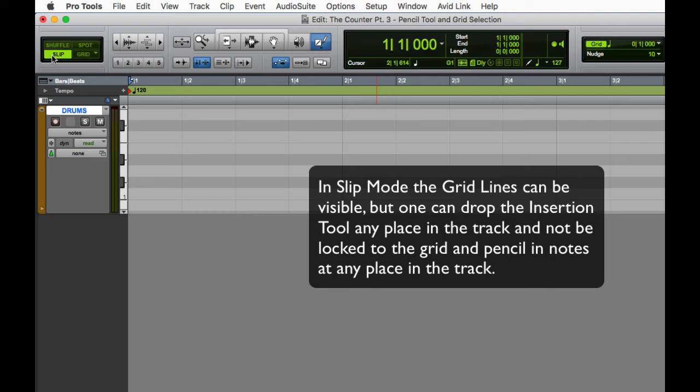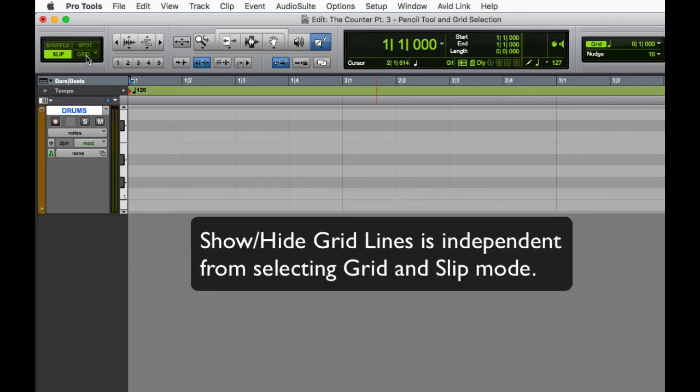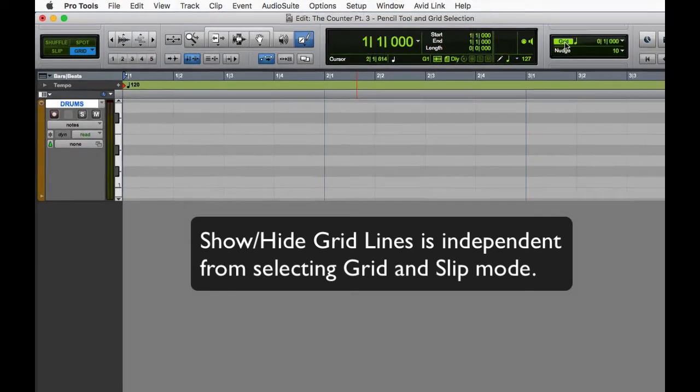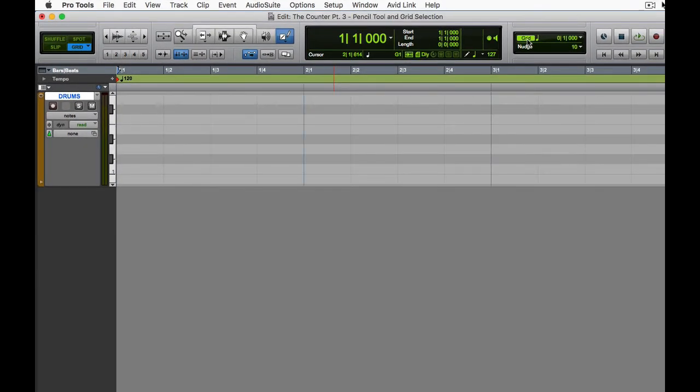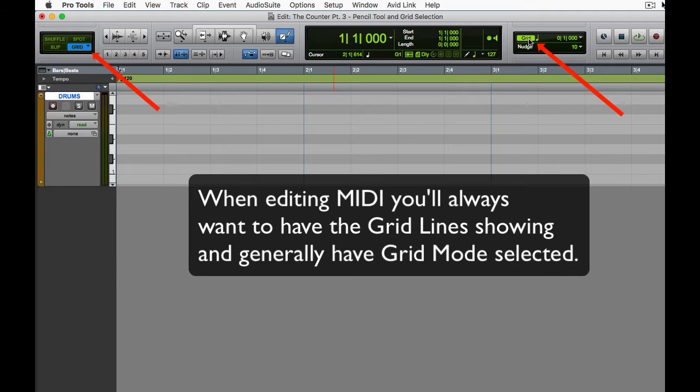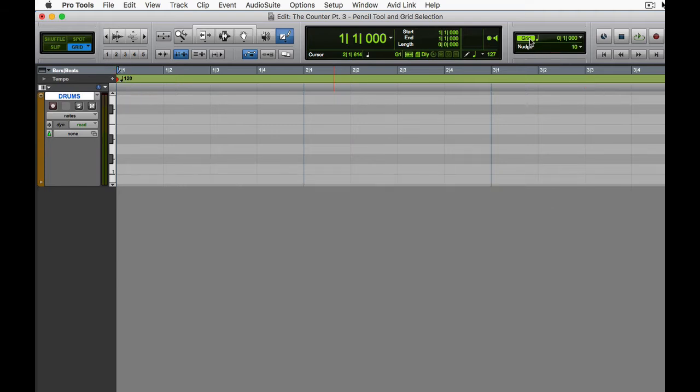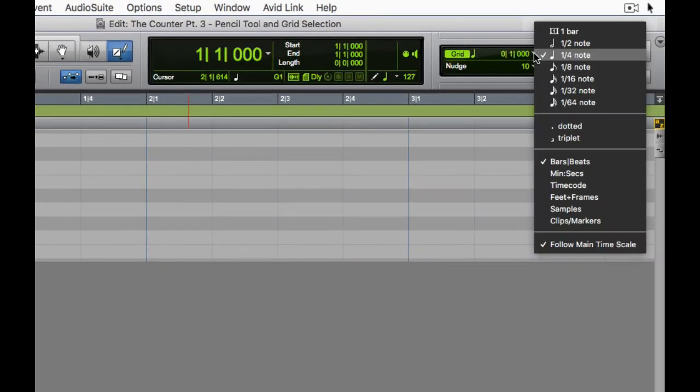If I switch to slip mode, the grid lines are still there, but the grids are not active. In other words, I can place the cursor or pencil in notes any place I want to and not have to worry about them snapping to the grid. So let's go back to grid. In MIDI editing or MIDI programming, you'll almost always want to have the grid view enabled. All right. Next, let's turn our attention here to my grid selection, which we looked at in the previous video